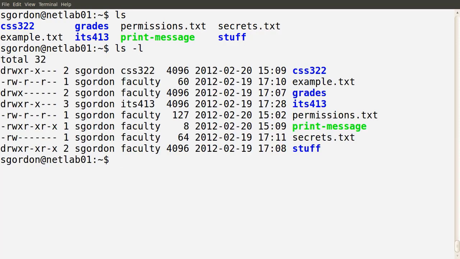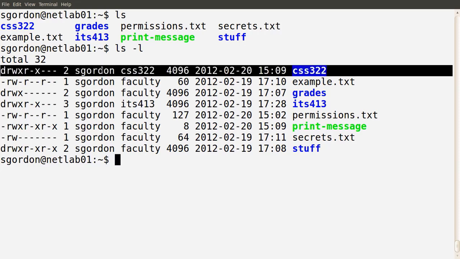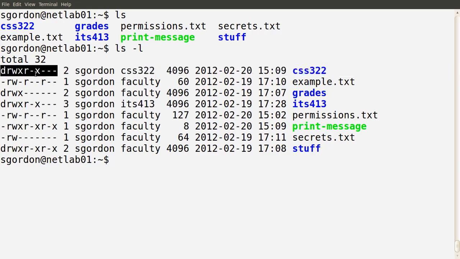Without going through all the details of the output, if we look at the first line here, we see there are a number of columns. The first column of these 10 characters are to do with the permissions of that file or directory. So we're going to explain what they mean, those D, R, W and X. The other thing that's important, of course, to the rightmost column we have the file or directory name, and each